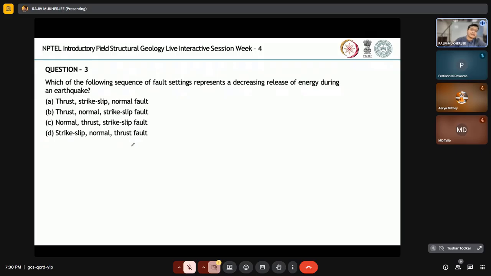Okay, so option A is the correct answer in this case. That is thrust fault, then strike slip fault, and then normal fault. So this is how the energy will decrease from thrust to strike slip and then to normal fault. Why? Because normal faults